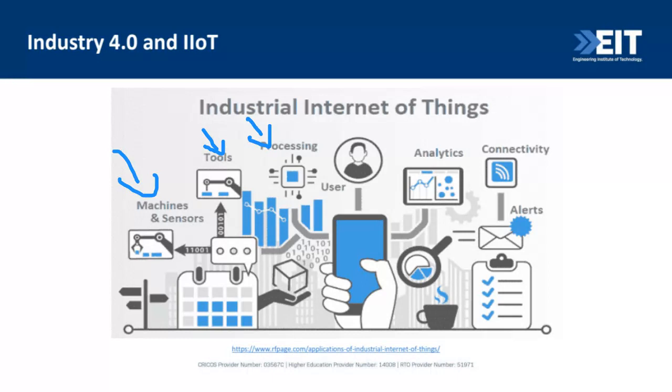As a result, you are getting first-hand information of how an operation is running, not from employees on the ground floor, but from the devices that are using technology such as machine learning and data analytics to provide you how the operation is going. And more than that, it can provide you information such as, is the operation running well? If it is running for another few days, will there be some problems that we can fix? So that's basically allowing the operation to run a lot better. So that's what industrial IoT is doing.